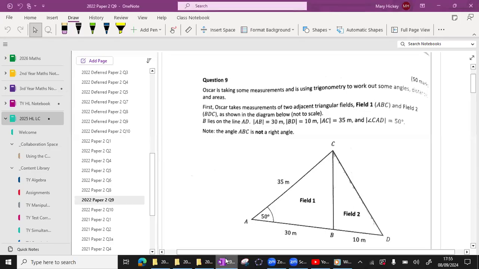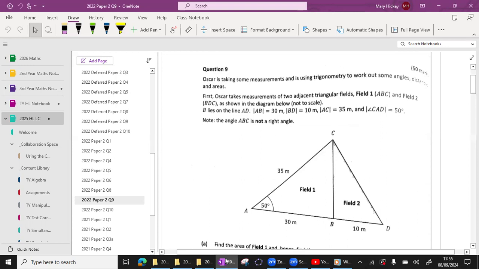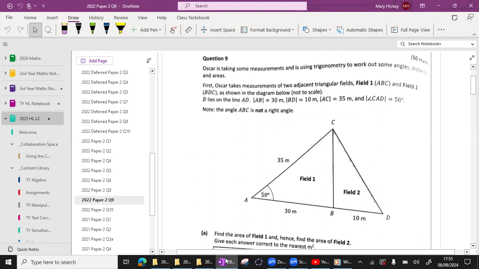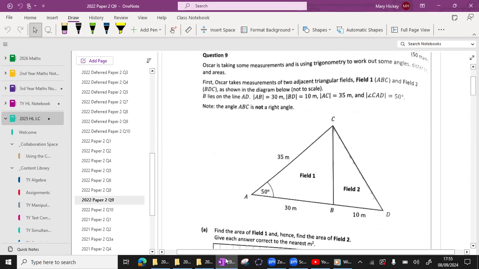Okay, so this is 2022, paper 2, and we're looking here at question 9. Oscar is taking some measurements and is using trigonometry to work out some angles, distance, and areas. First, Oscar takes measurements of two adjacent triangular fields, field 1 and field 2, as shown in the diagram below,